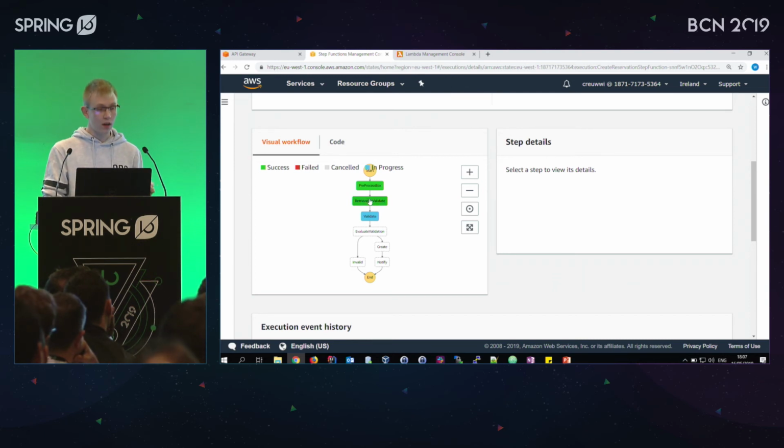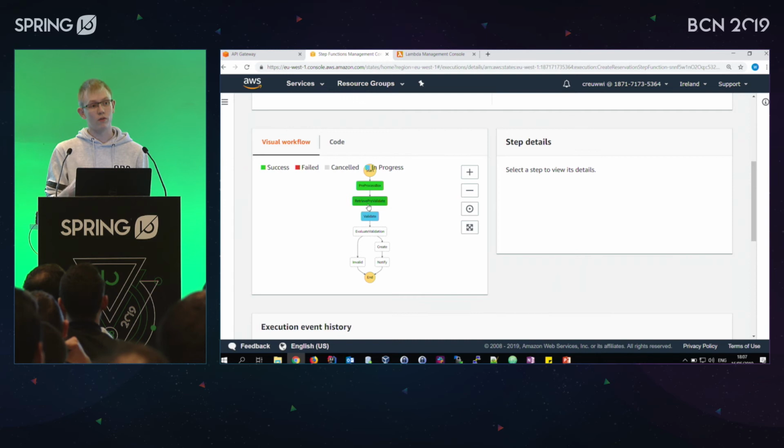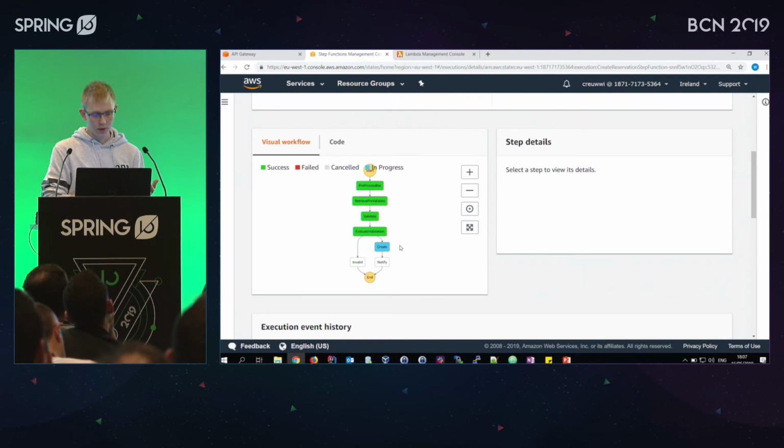So this Lambda took a while. I mean, it is written in Java, which means cold starts will take longer than, for example, an interpreted language Lambda written in Node or Python or whatsoever. But then again, because it's a compiled language, it will run faster once it's started. So yeah, we'll see this flow going through now. We went through validate and now create, which again is starting up.